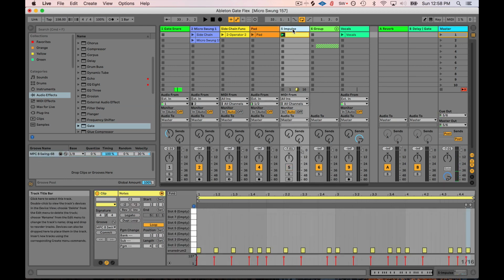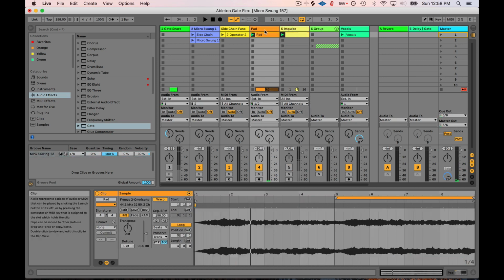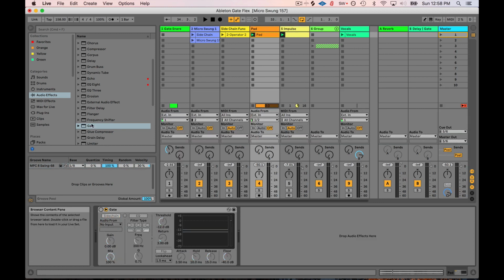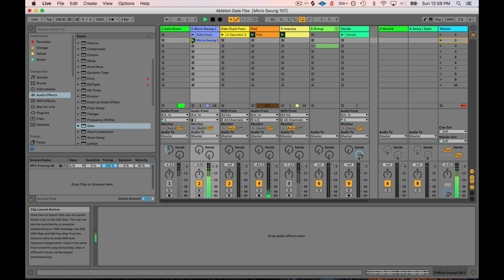The magical thing about Gate is that you can feed it sidechain signals that you can't even hear, right? I can just mute this track, go back to my pad, and put a gate in there. So here's a gate. And I can feed the sidechain input from impulse, right? Track 5. So now we get... right? So if I give it some more look-ahead time, I can get it to be a little snappier. Right? So now I've got, along with this beat,